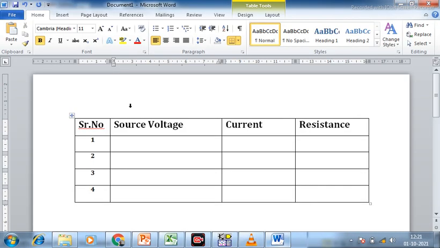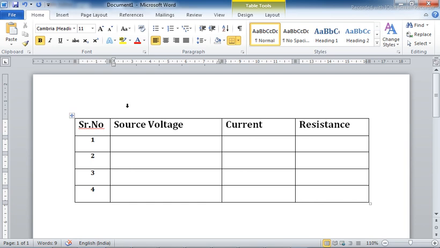Make the observation table like this, and give the title of this table as observation table. Note down the source voltage is 17 volts, the current we have obtained is 34 milliampere, and the resistance value we have put is 500 ohms.